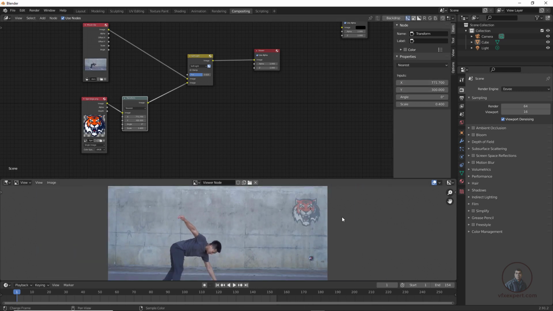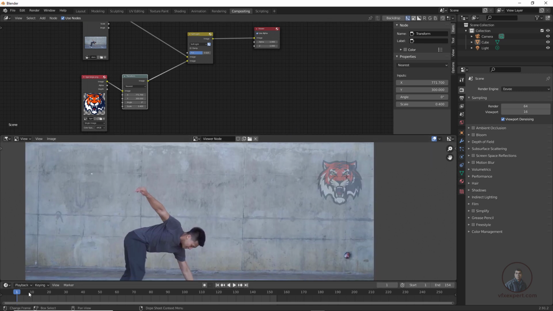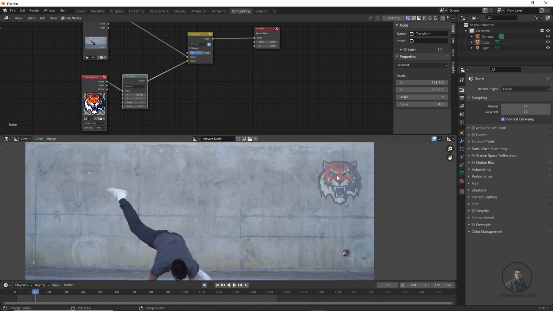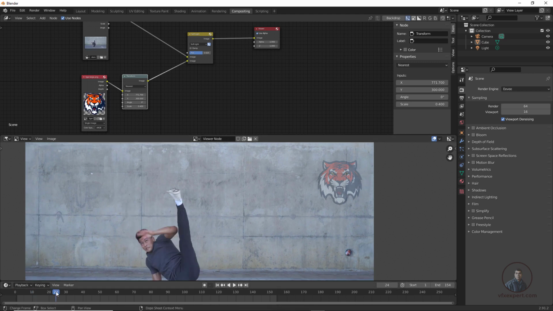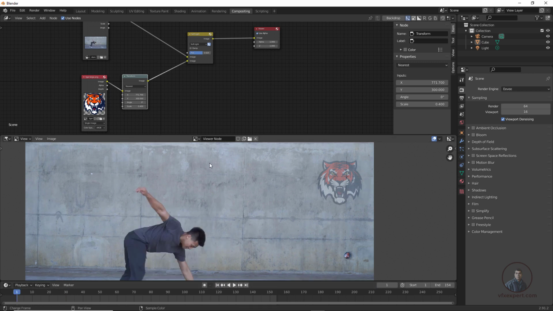So suppose here I want to place this one. Now if you see here, this object which you have composed is not matching our footage movement. So we have to use tracking data and match this object with our footage motion. For this, I am going to take a track position node here. With the help of track position, we can use our tracking data.